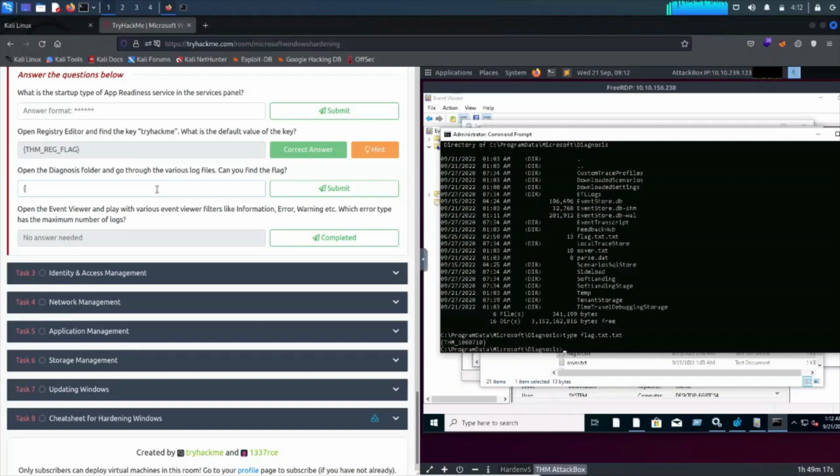What is the flag? TryHackMe_1000710. Okay, so the first question was, what is the startup type of the app readiness service in